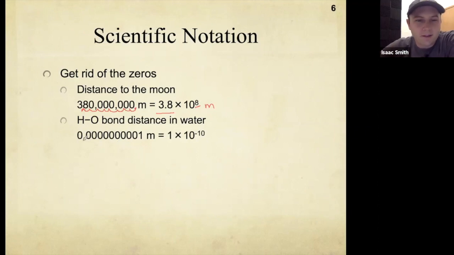And going the other way, so for the HO bond distance in water, like we talked about, we got to move the decimal over 1, 2, 3, 4, 5, 6, 7, 8, 9, 10 spots to the right, okay, to put the decimal just to the right of this 1. And we're going to get the 1 there. And since we moved the decimal place over 10 positions to the right, we have a negative 10 in our exponent. And again, if you're kind of confused on whether you should do a negative or a positive here in the exponent,